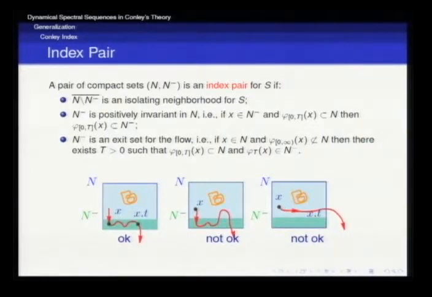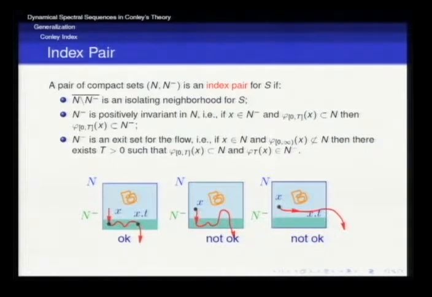And this is just a quick look so we can get to the idea of where we would also like to generalize. So we're able to define an index pair and an index. That's what's impressive. If we have an index, and in the case of the Conley index, what is our index? Our index will use a pair of spaces where we have an exit set, the invariant set here, and we will look at the quotient space.